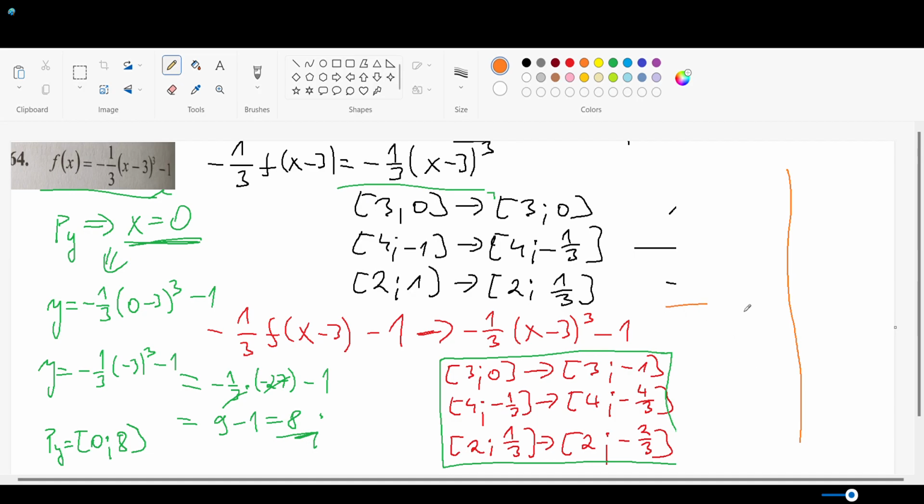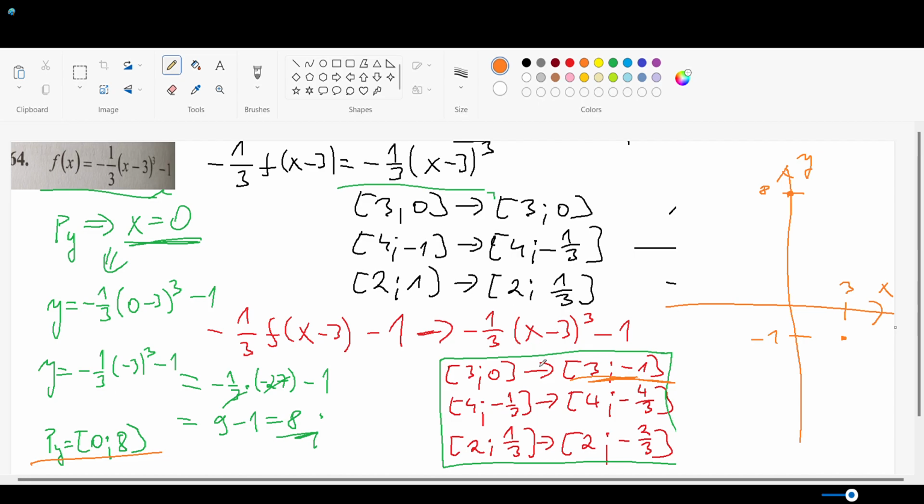What I need is the x and the y axis. As far as I know, my point 0, 0 is transformed to this one, so I will need 3 and -1. So this is point 3 and -1. Here the function will change from concave to convex and vice versa. Then the next most important point is the intercept with the y-axis, which is here, let's say 0, 8. So this is my next point,